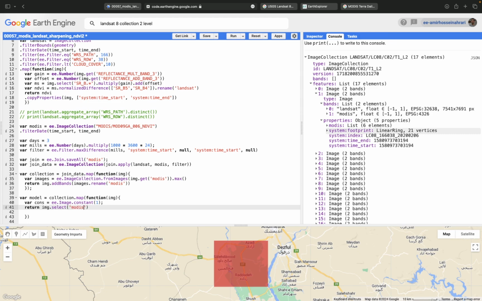img.select MODIS, and then .addBands. We have the constant value, and then we will have the dependent variable. The dependent variable is Landsat. We need to know how Landsat changes compared to the MODIS data. And then after